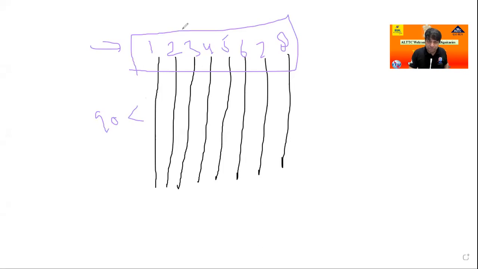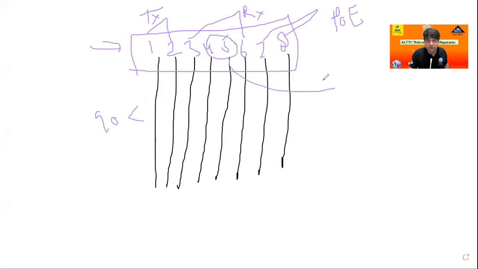The first and second wires, because this is the electrical wire, this pair is known as the transmit pair. Third and sixth is known as the receive pair. 7 and 8 is known as PoE, Power over Ethernet. And 4 and 5 is known as the dummy pair.